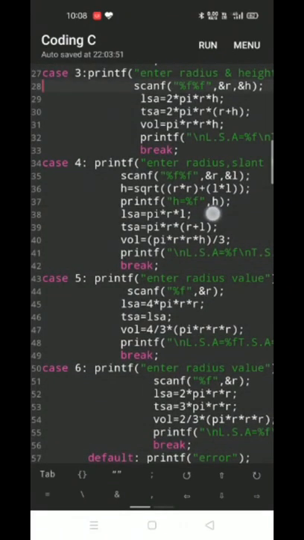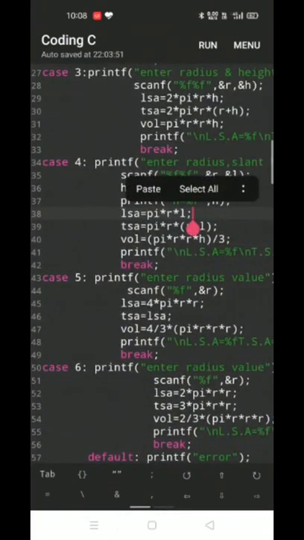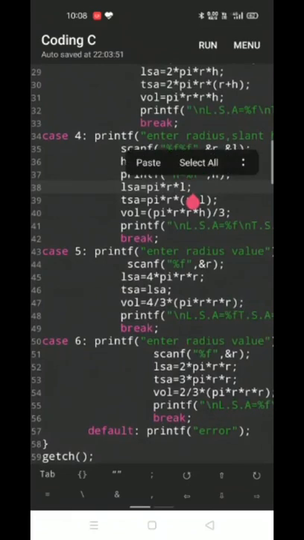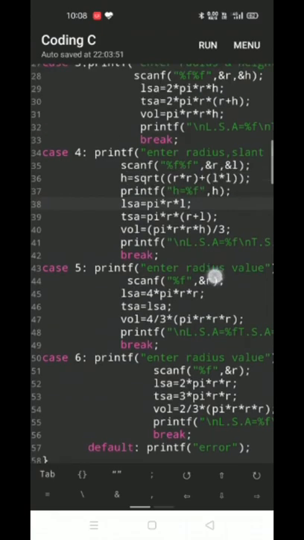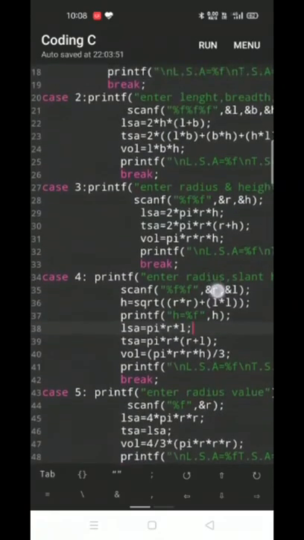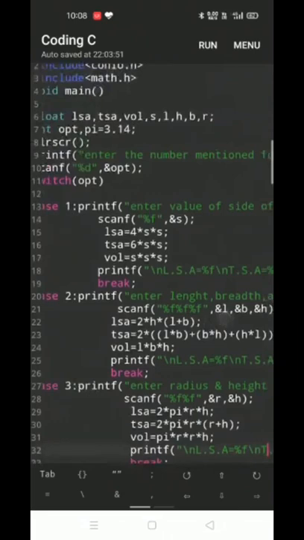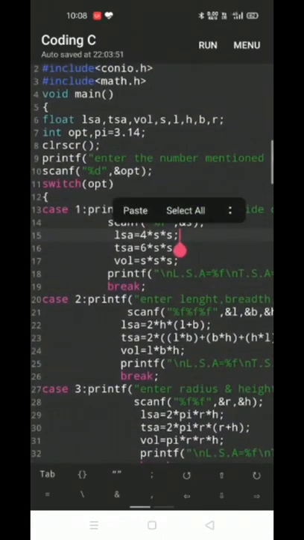Because I took only 6 cases, and if the user enters any number other than 6 cases, it shows the error by default. Then getch to hold the output and display it for a long time until we press enter. Likewise, so now we will compile and run the code.